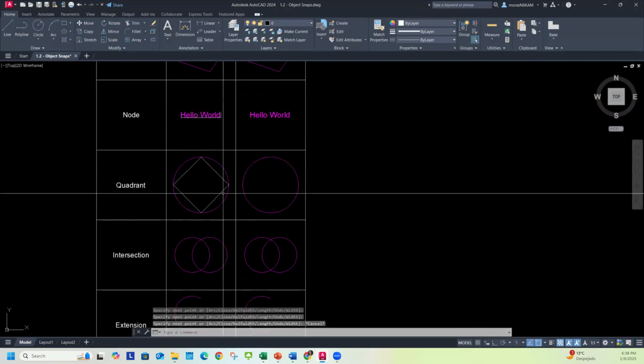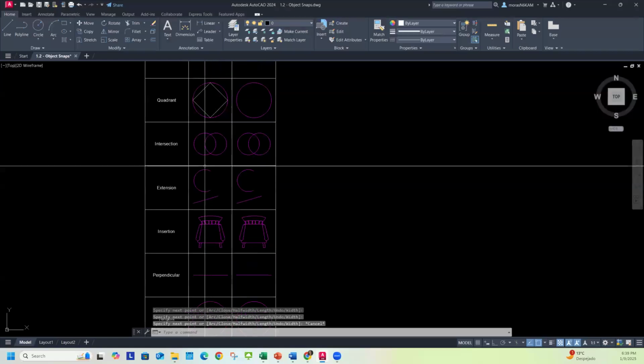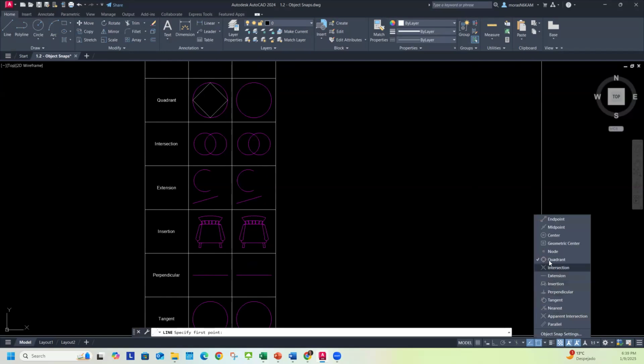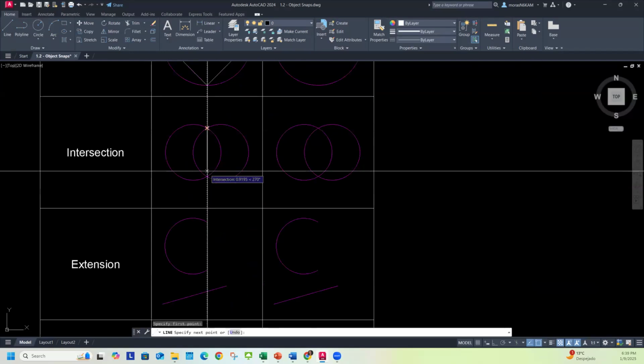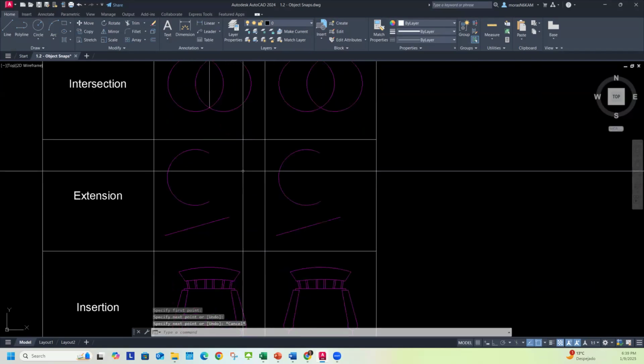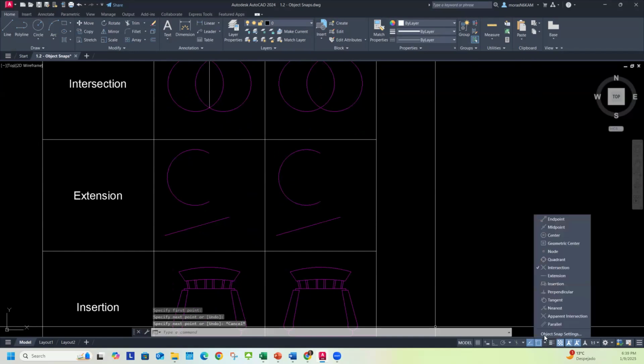There we go. Nice and accurate. And then intersection. I'll turn on intersection. These circles are intersecting right here. There we go. And then extension. Usually for extension,